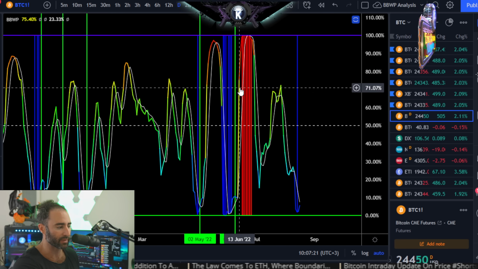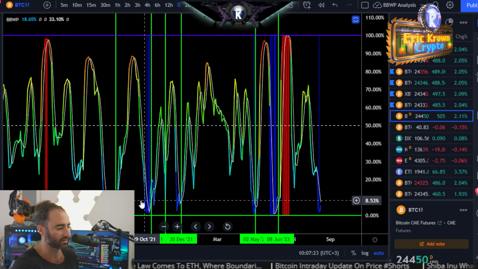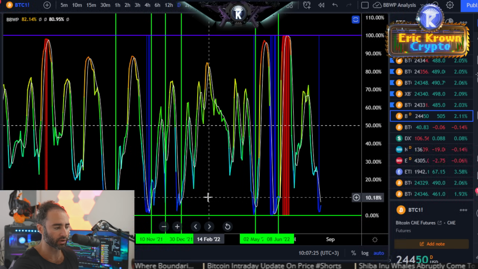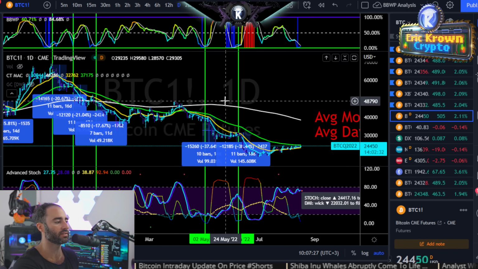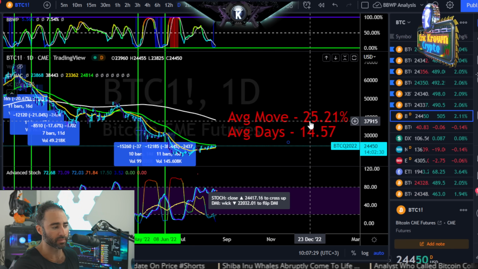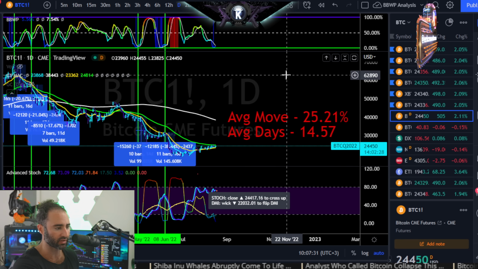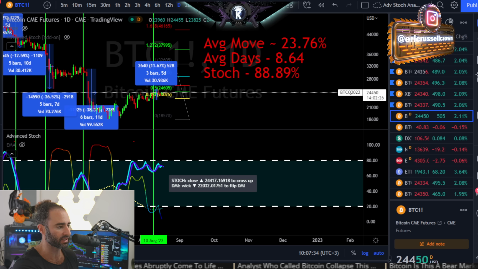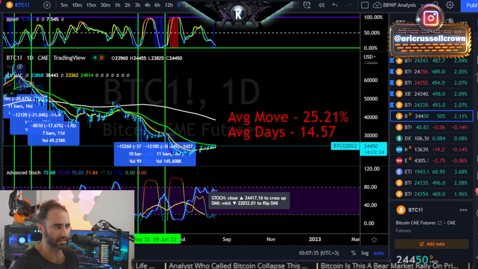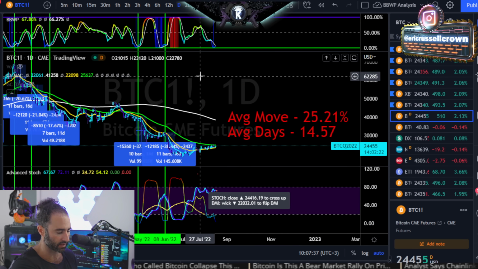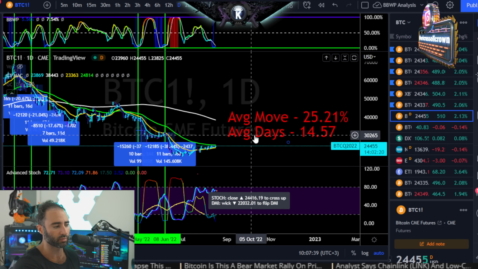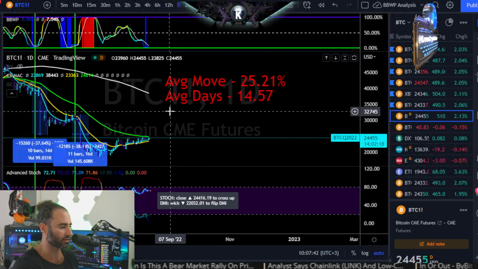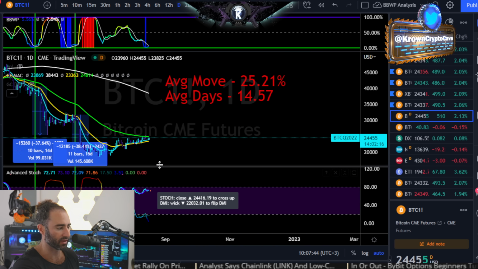And so this one, when we backtest it for the last couple years, where we have seen extreme lows on daily BBWP for CME, the average move has been about 25.25%. So very close to what we see from a different angle over here. Completely different volatility indicators, completely different calculations, but similar moves. This one, the average day is about 14.5 or so. So we already kind of know the maths on that one.